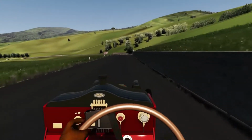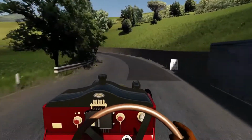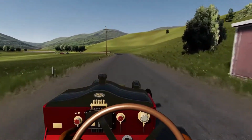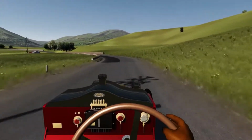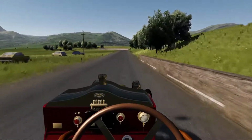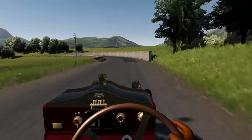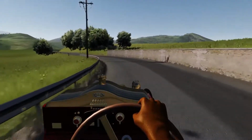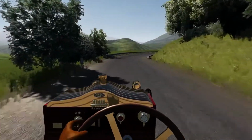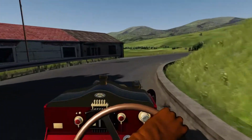I want to take around the Reliance Supervan as well, in the famous Only Fools and Horses Trotters Independent Trade Company livery. I think that'll be quite fun to do. So I've driven that car on a couple of circuits, and most of the time I flip, and yeah, I give it too much, 'cause it has 3 wheels. It's really good fun to drive. It's a laugh. Also want to try this in a Group B rally car,